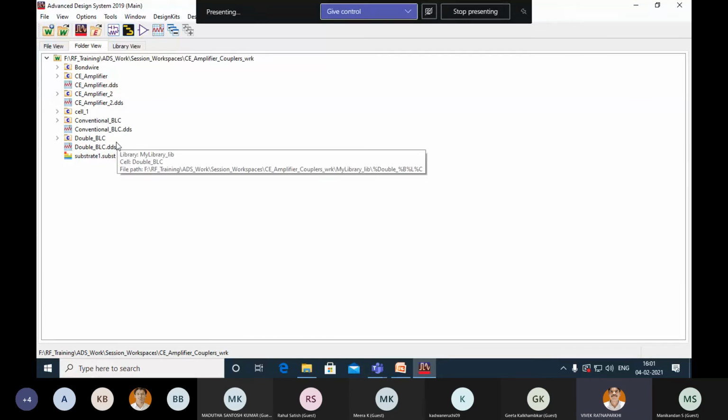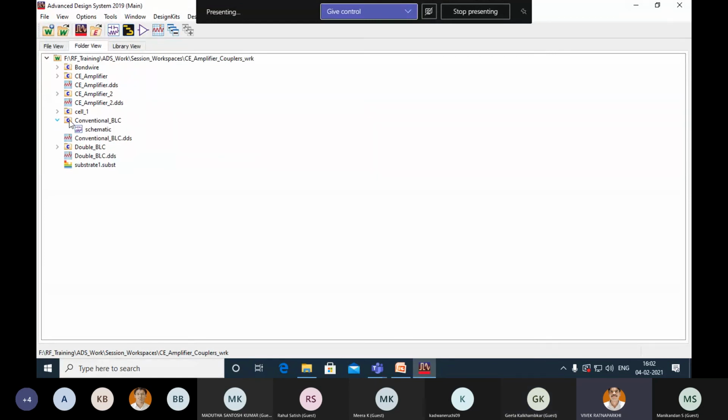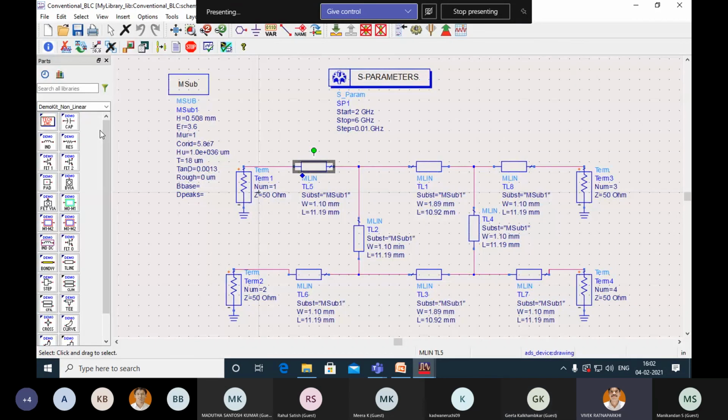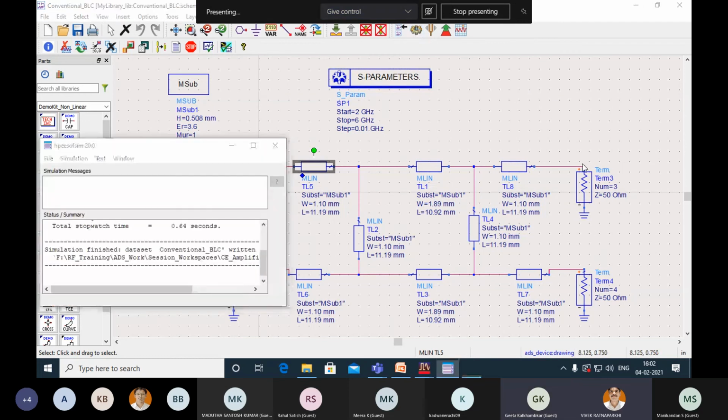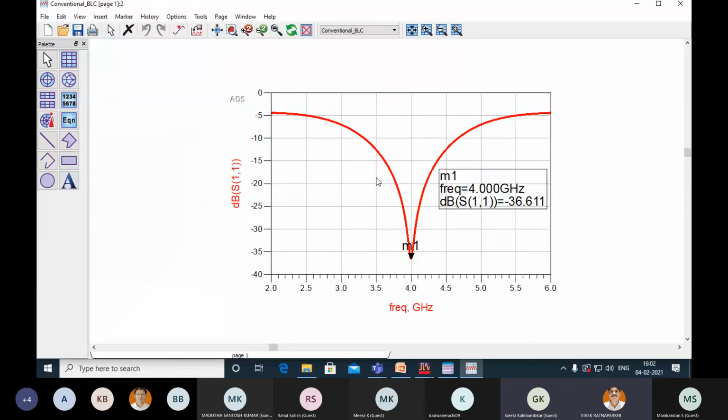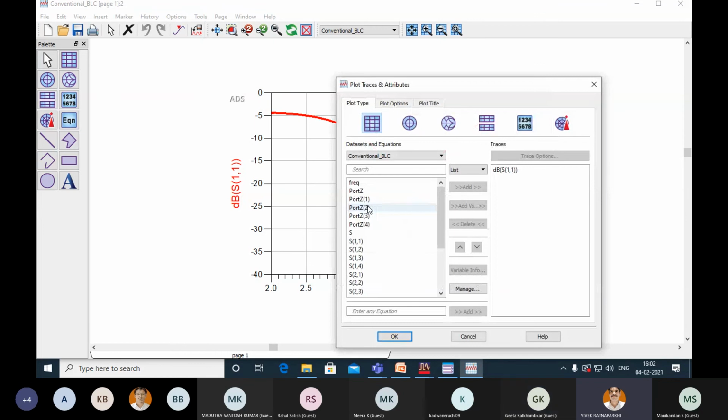Is that clear? Now you can go to any cell. Let us say you are in the conventional BLC cell. You simulate this. If you simulate this, you will get the result of S11 for that single box. Now you just double click on it, come to the data sets and equations, and find the cell which you have created for the double box.